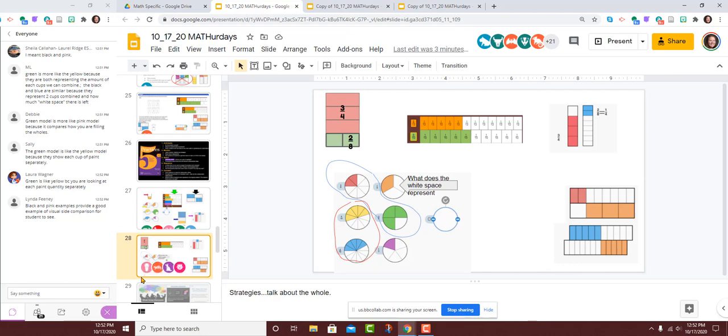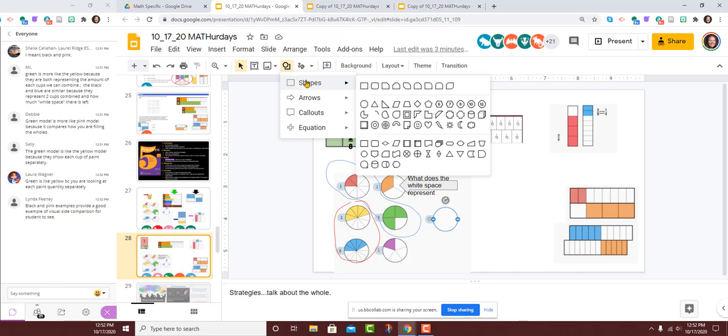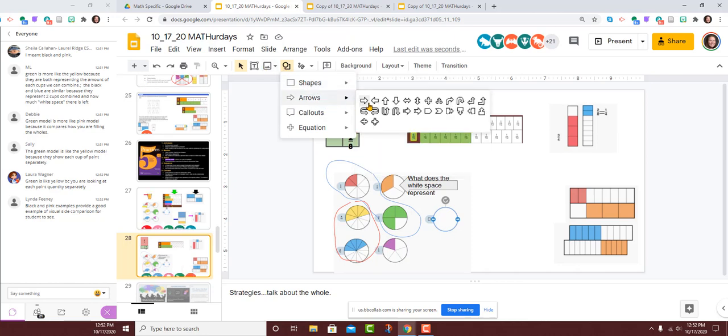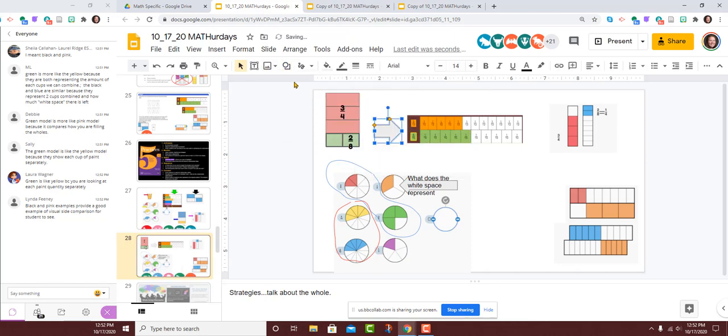And then I'm going to head down to slide 28. Now we're starting to combine different things. I'm going to start off with this orange and green model. Let's call it the purple. In the purple one, both of these fractions have the same number of pieces. Would the author of this tell us how this model helps them determine if they can combine them or not?